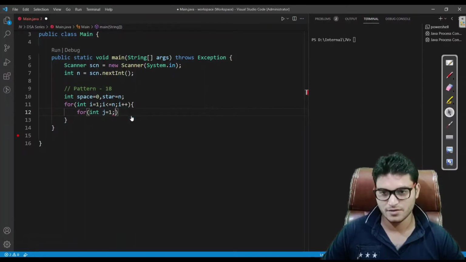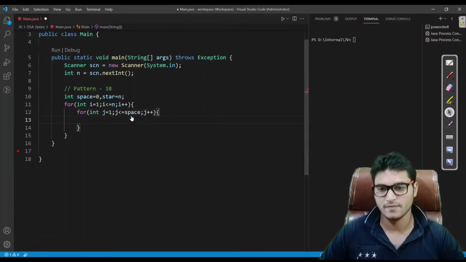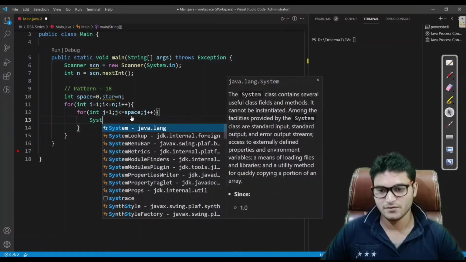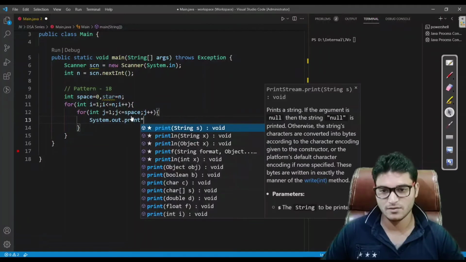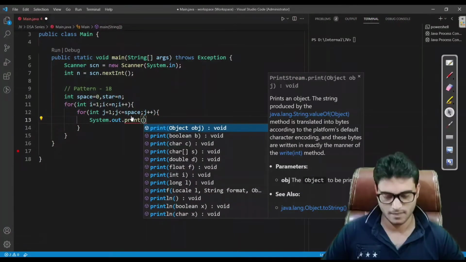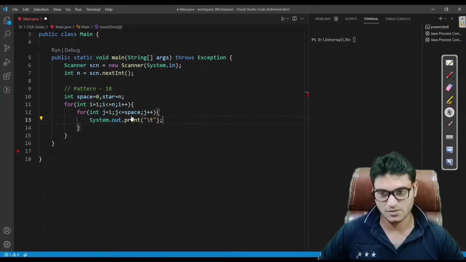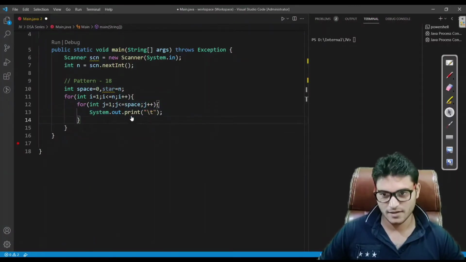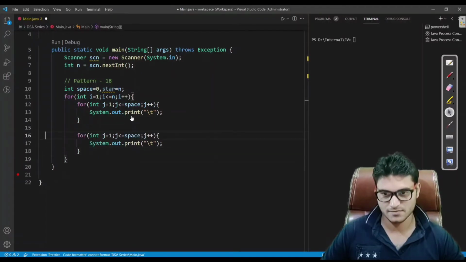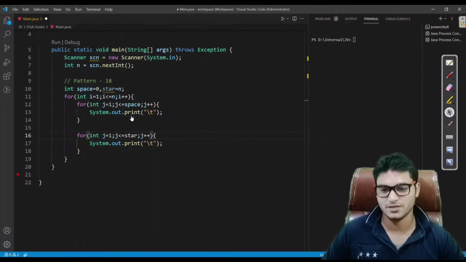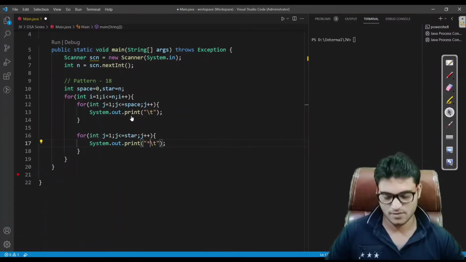This should be j less than or equal to space, j plus plus, and inside this what we have to do, we just have to write the System.out.print method, and inside this we'll print the spaces or \t, both are the same, and we'll write another loop also for printing stars.